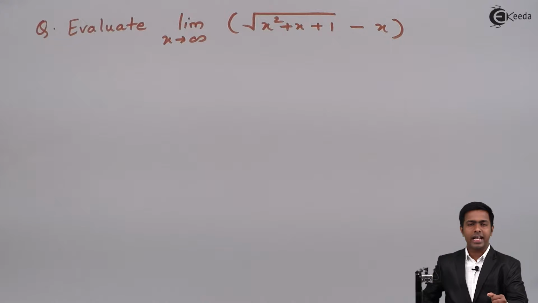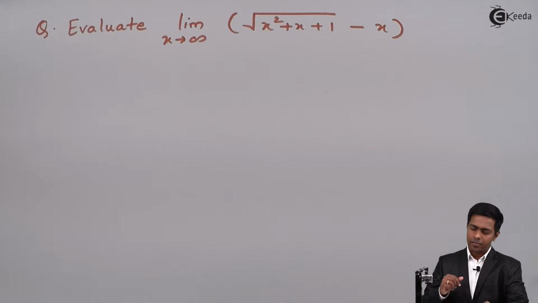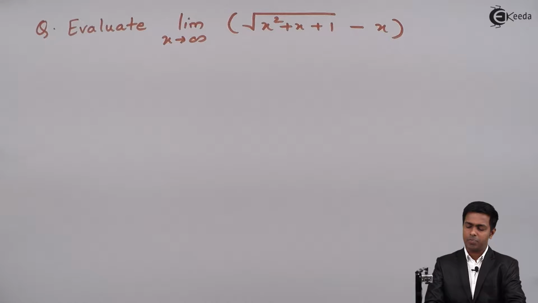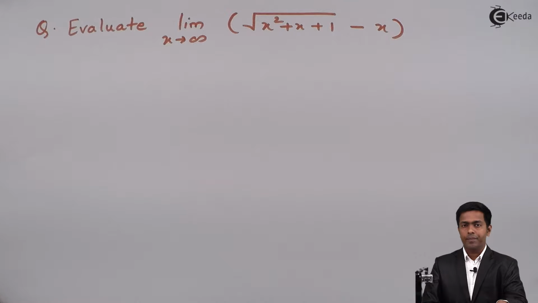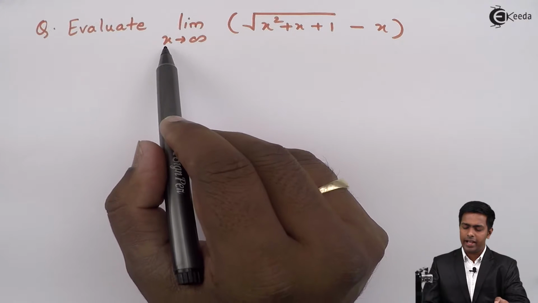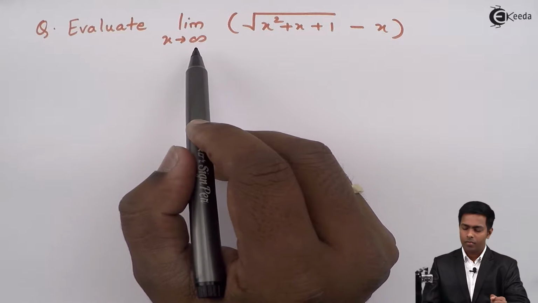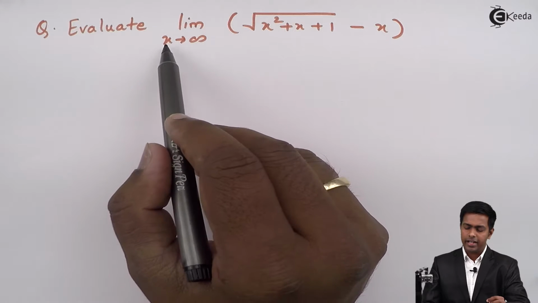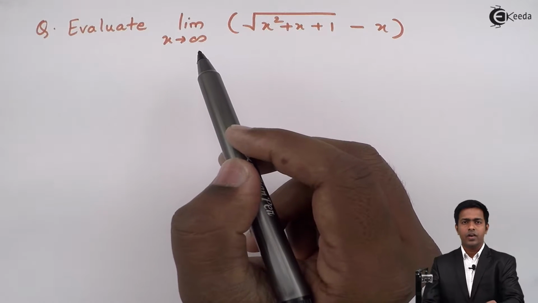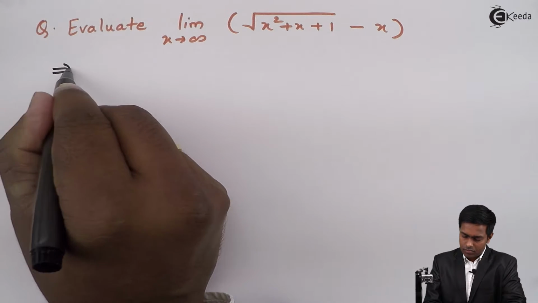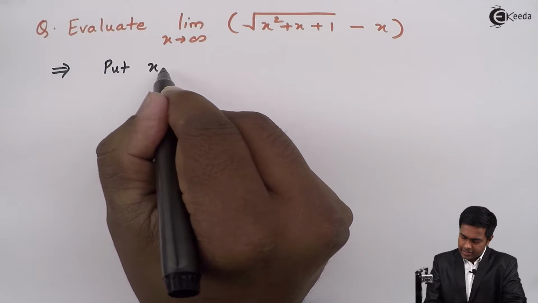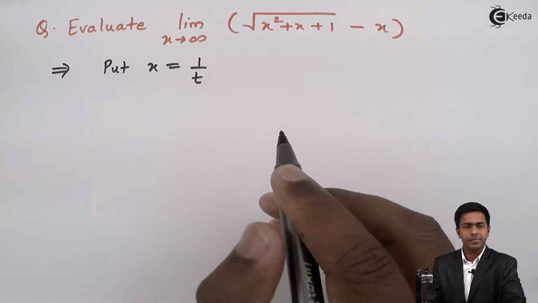Hello friends, so here in this problem we have to evaluate the limit as x tends to infinity of square root of x square plus x plus 1 minus x. Before starting with the solution, if you observe the given limit, here we have x tends to infinity, and whenever we have an infinity limit, we substitute x as 1 upon t. So here